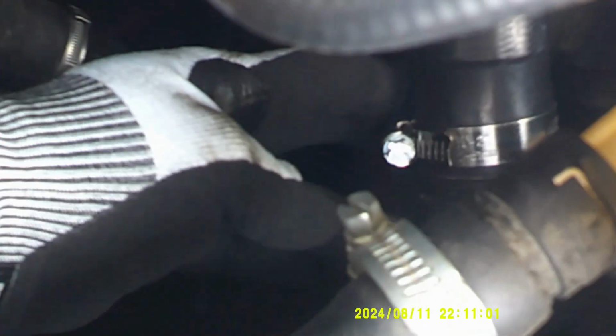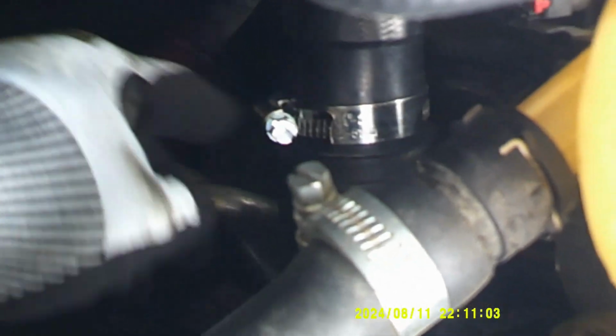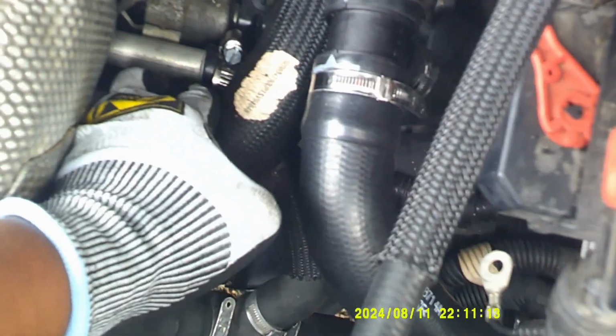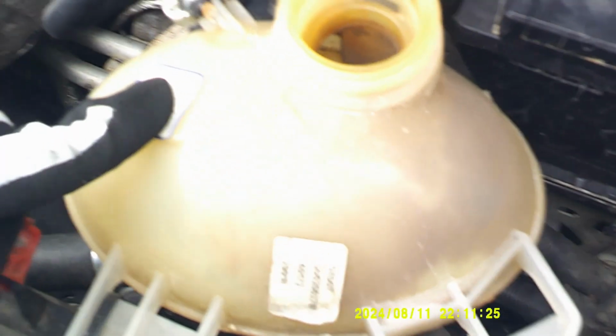Okay, so that right there, I'm going to tighten it down a little bit more. That one has already been tightened to max capacity. This one here has already been tightened very tight. And then I've got one more back here that I'm going to have to tighten down just a little bit more. And of course, this is your reservoir. This is where you will put your